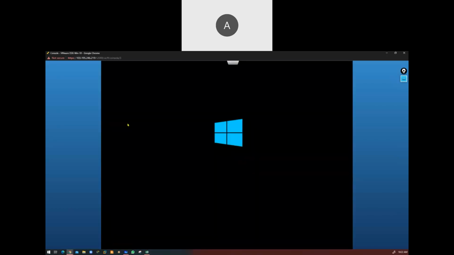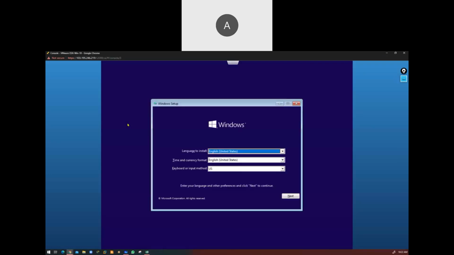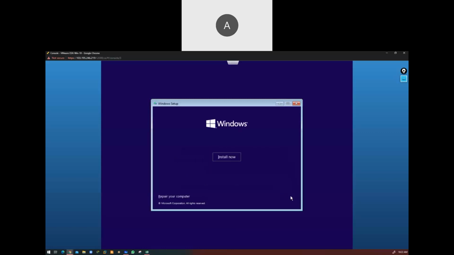Now wait for a second. Okay, a simple Windows 10 setup you all may know. If you don't know, just follow my steps. Install now.